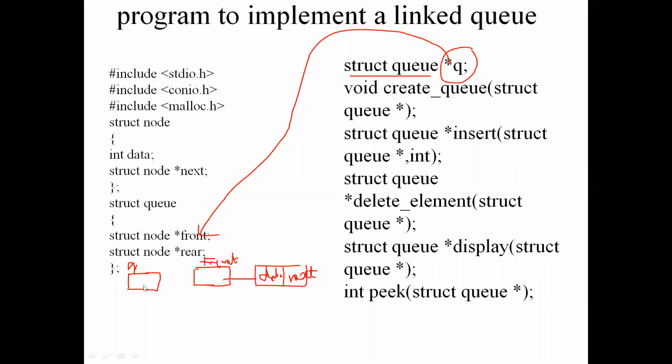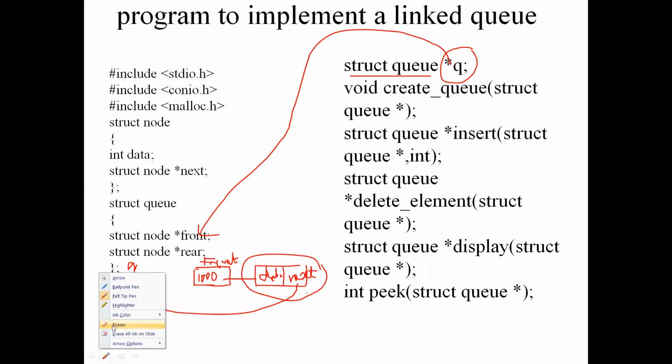So what I am going to do, I want to access the next field using Q. I want to access this node's next field using Q. I don't have direct access, but I can access the front pointer variable. It is having some address. Let it be 1000, and that is nothing but the address of this.